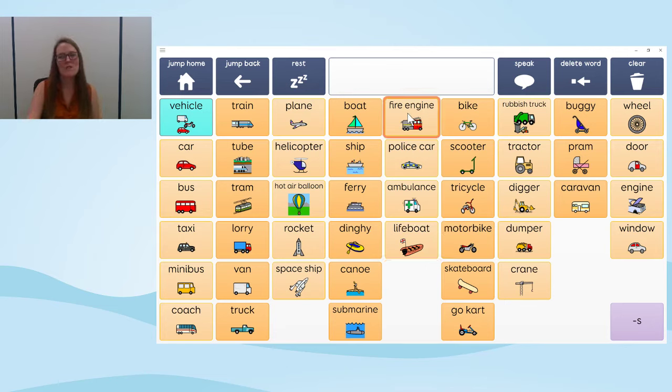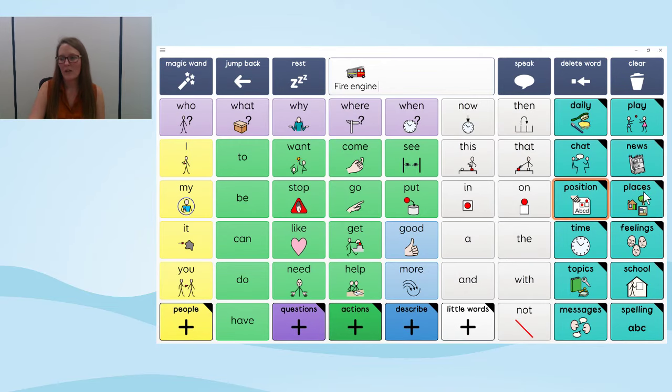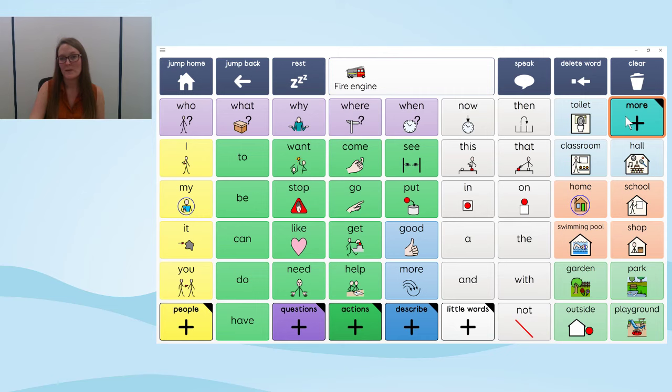And I just want to show you something else about how vocabulary is organised in SuperCore now, because this is really one of the things I did to support learning and make it easier to learn where words are and also to learn what words mean. So if I select Fire engine, fire engine in the top middle cell there, and then I go home, I'm now going to go into places that we saw before, and I'm going to expand it out,